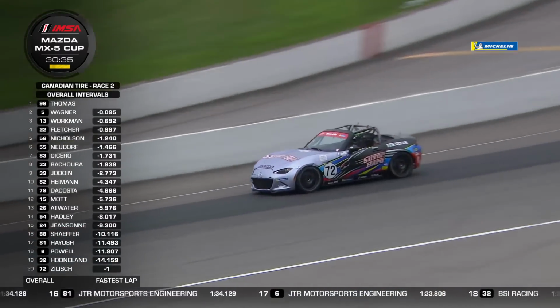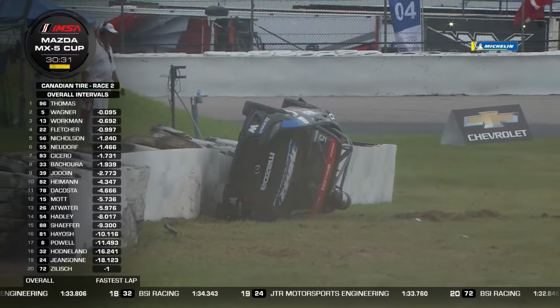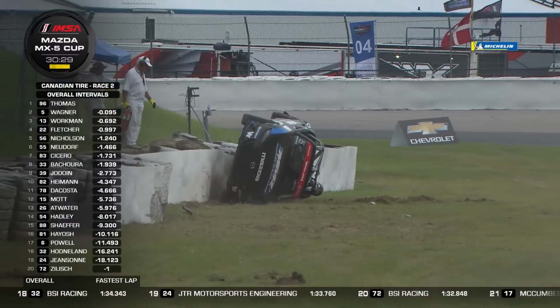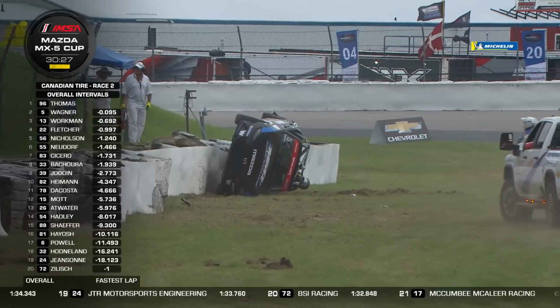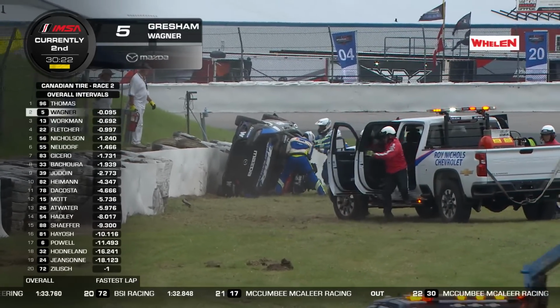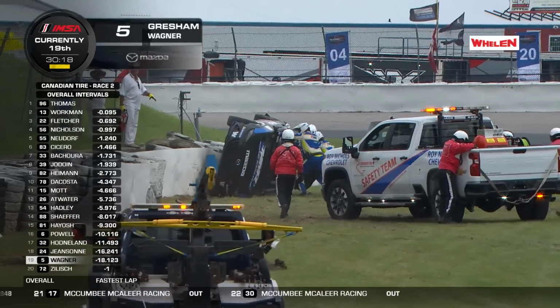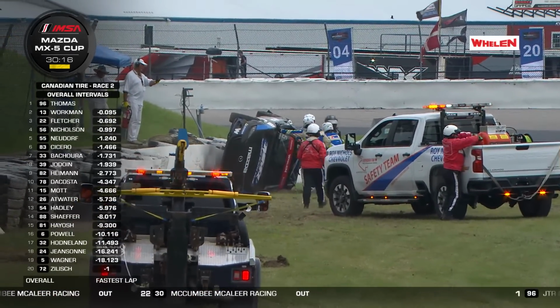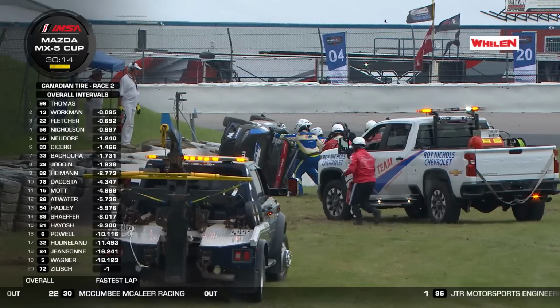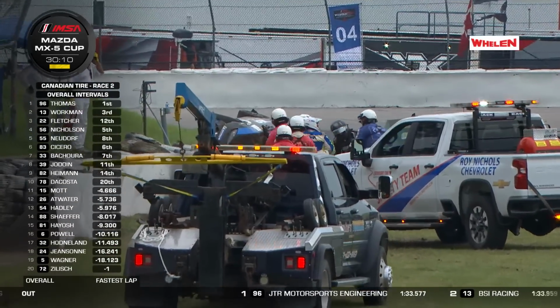We've got a circuit vehicle, and that's because the number 5 of Gresham Wagner has gone off at turn 9, and the car is on its side. Gresham is trying to extricate himself, and now is waiting, rightly so. Brilliant work from the AMR safety team, who were there very, very quickly. They're holding the car up so that it can't fall over while Gresham is pulling himself out from underneath the